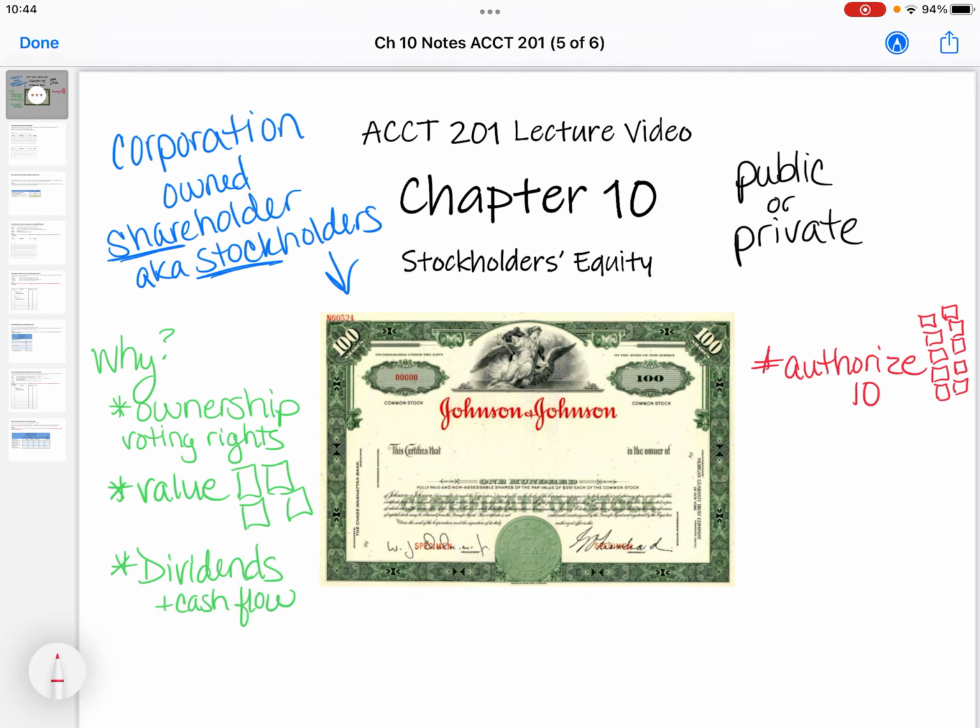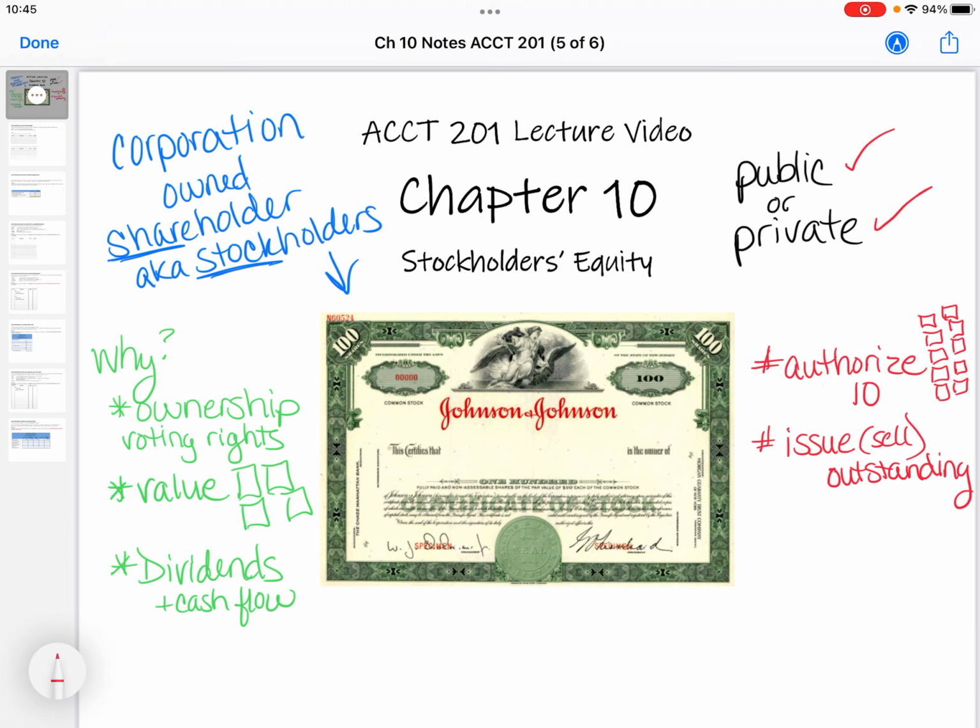Now, the next thing you determine, once the articles are done, you become a corporation. Now what you have to determine is, do you want to issue any of them? So you would issue shares of stock, and that would mean to sell. Remember, we learned that way back in chapter 2. So when you sell shares of stock, they will become either owned by the public or private, family or friends, whatever you determine there. The shares that you issue will become outstanding. So they're outstanding. Now, the smart thing to do would be only issue 4 of these shares.